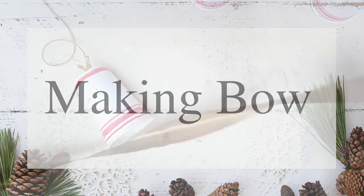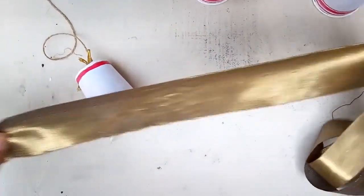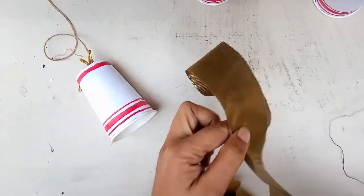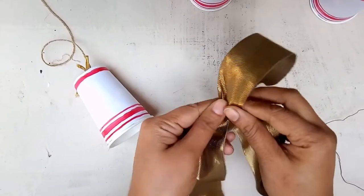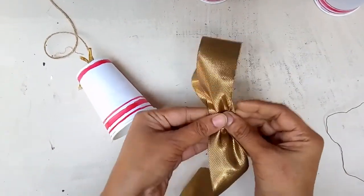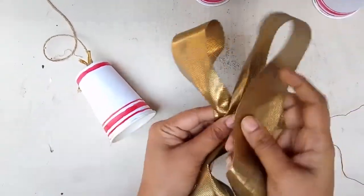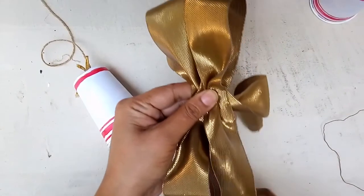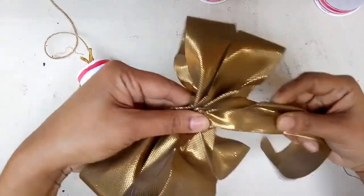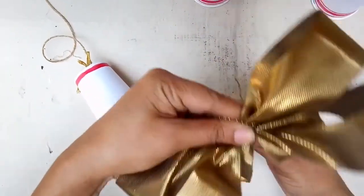The next step is making a bow. For making my bow, I took this antique gold colored ribbon and then, just leaving a tail to begin with, I started making loops on either end. At the same time, I was crunching and bringing them together in pleats between my 2 fingers, thumb and the index finger. So holding the loops, one on left, then on right, again on left and the right,